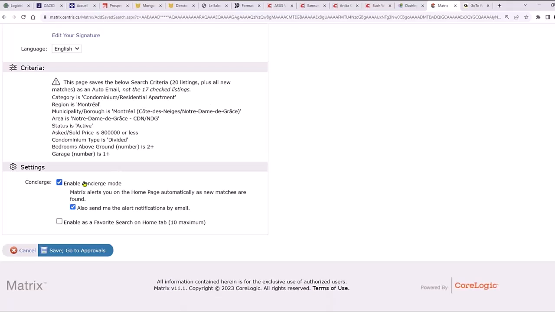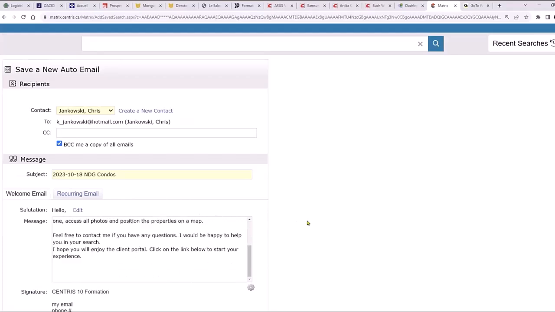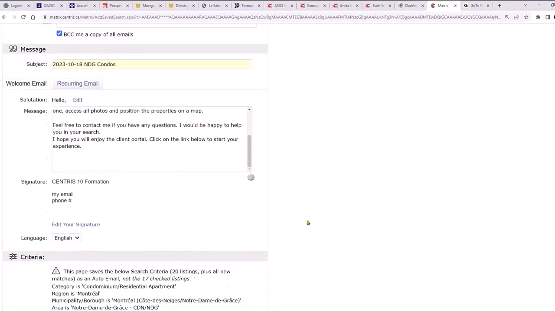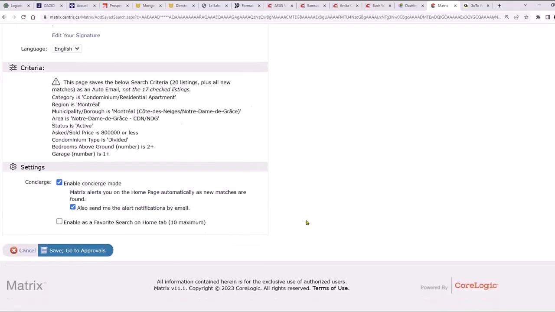So this time around, I'm going to go with the concierge mode. And as you can see, when it comes to the concierge mode, there's no more choice of when you send it, because it's going to go to you first, and only once you approve it does it go to your client. And now it says save and go to approvals.